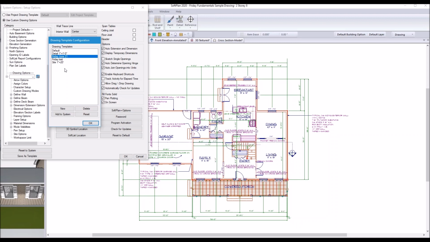Now, the other options that are down here, obviously delete gets rid of it from the system level. If they're already in a project, they stay there, but it gets rid of it at your system level. You can reset this to the defaults. If it's totally mucked up, you can always come back in and reset it back to the standard. You can add it to the system. If you wanted to add it out to the system, this gives you the ability to take it from a project and push it out